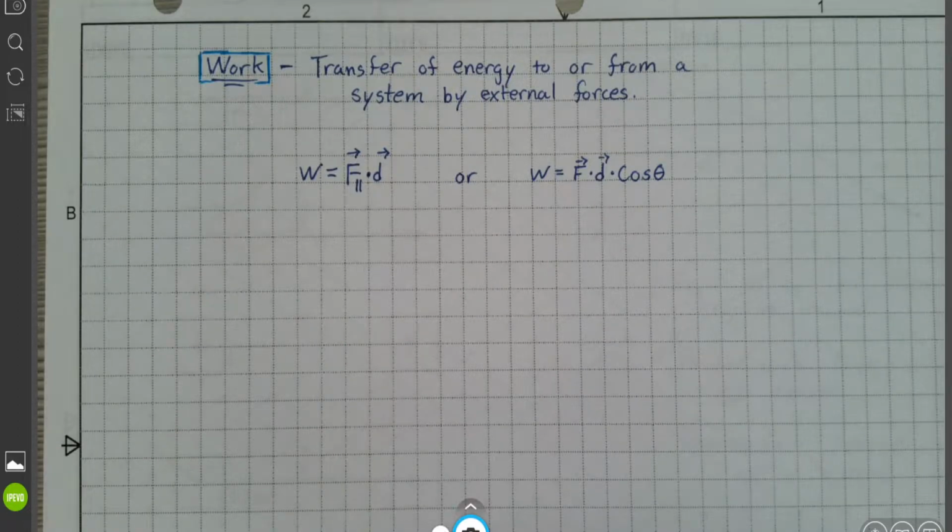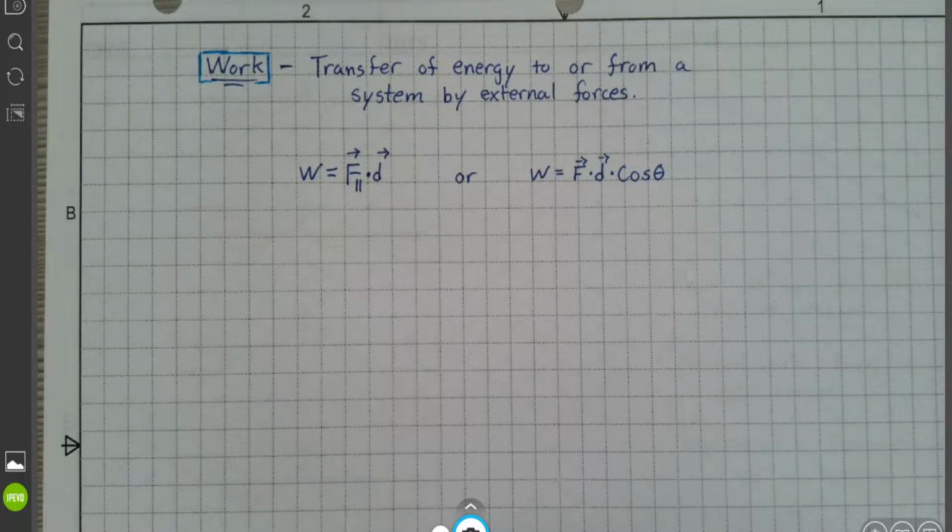AP Physics for Unit 4, Work, Power, and Energy. We've already talked about systems and how systems can work in terms of taking energy into or taking energy out of, the difference between an open and a closed system. So now we're going to go into a little bit of detail on the equation for work and what work